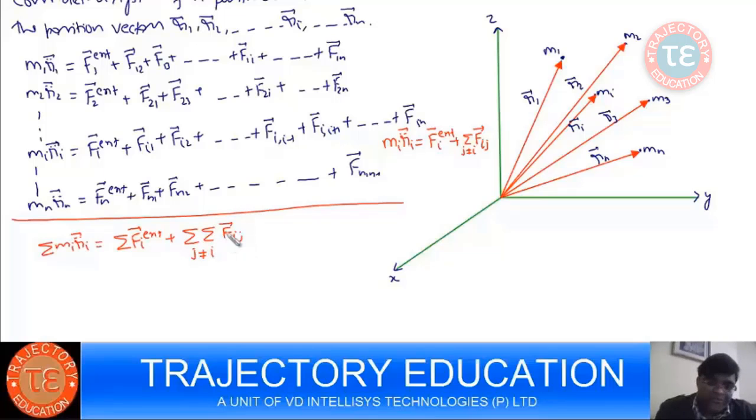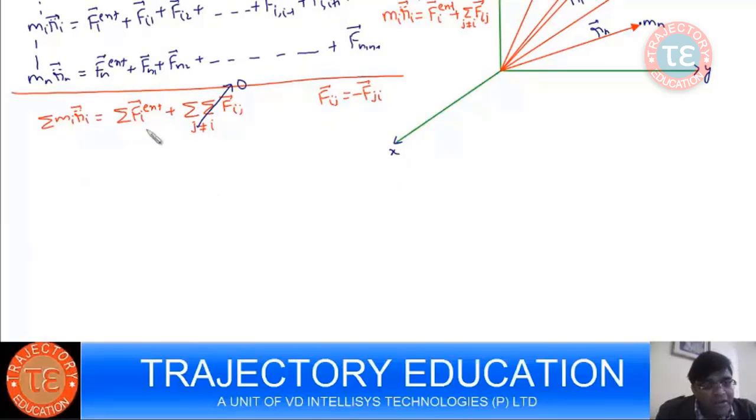These are internal forces. For every F12 there is F21. For every F13 there is F31. So for every Fij there exists Fji such that Fij is minus of Fji. So this term is going to cancel out, right? There will be action-reaction pair. There will be always an action-reaction pair. So our equation comes to be